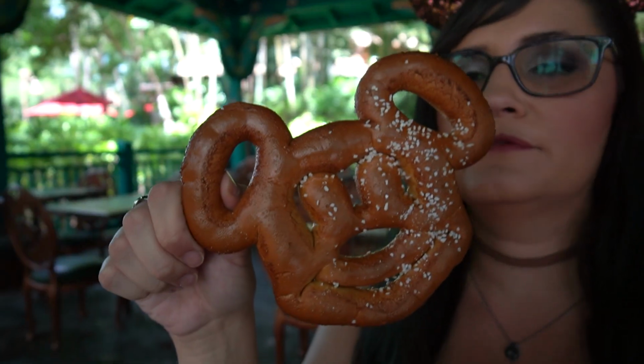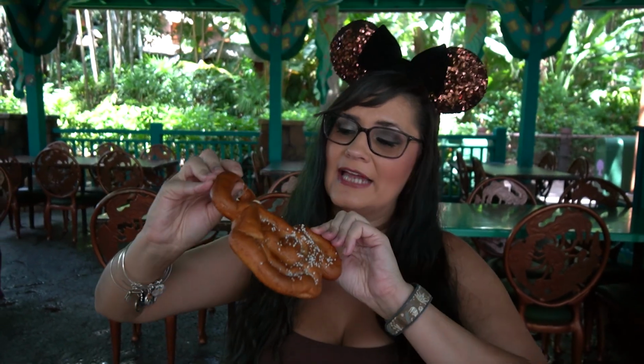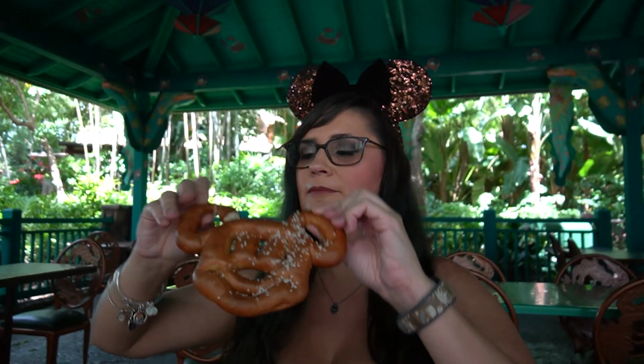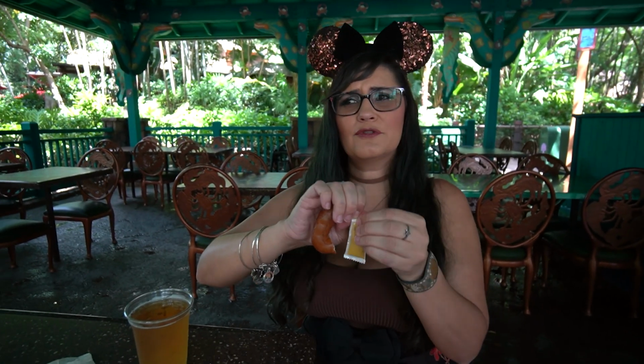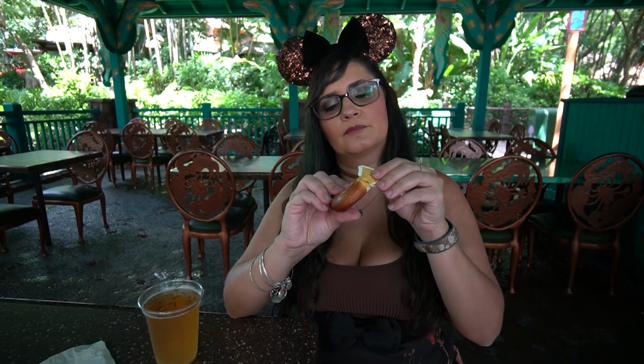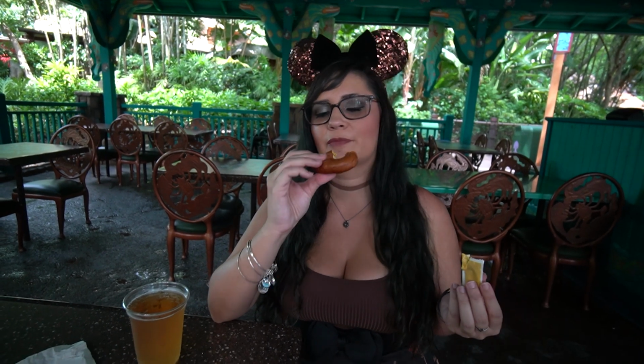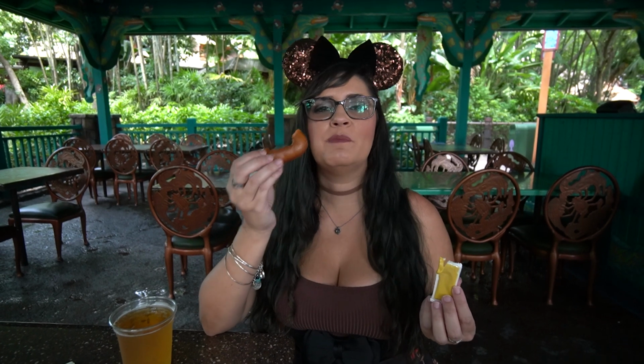The mac and cheese stand does have one vegan option, and that is the one thing you can get everywhere, the beautiful Mickey pretzel. This one looks a little sad and destroyed some. I'm gonna take the non-salted side, and I got mustard, of course, to go with it, because what goes better with beer than pretzel and mustard? One day, maybe I'll get a Simba pretzel, but it is not this day. This day with Mickey,